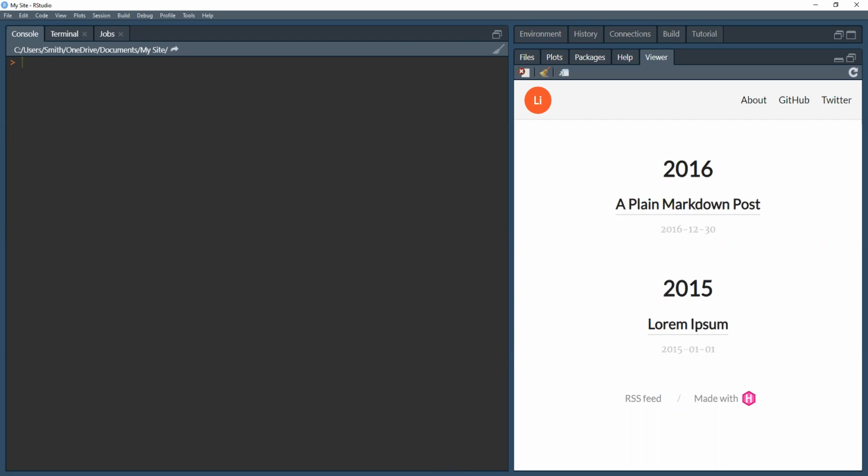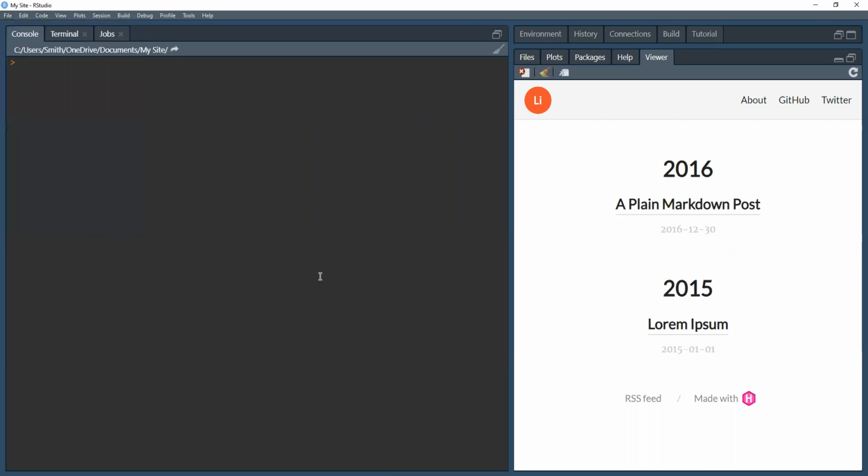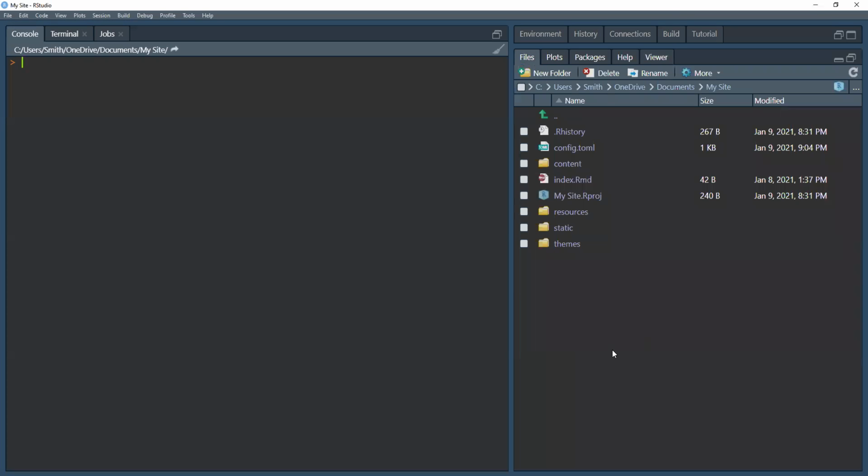But before I start that, in the last video, I said you could look at the files in your directory by clicking in the top left corner and clicking on Open File. But actually, there is a much easier way to do that, and that is to look at the bottom right pane in our RStudio, which is where the viewer window is. And if we just click on the Files tab, we should see all the files that are in our working